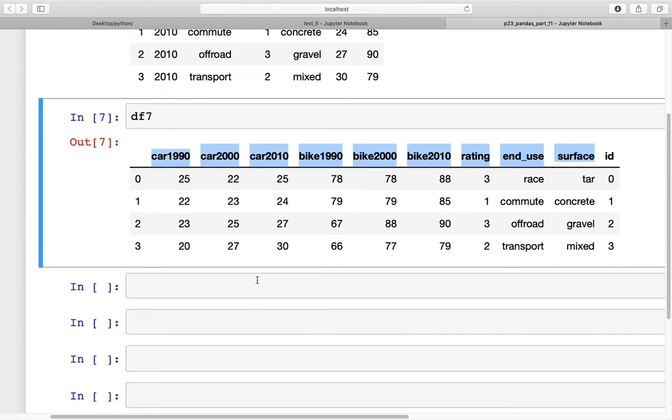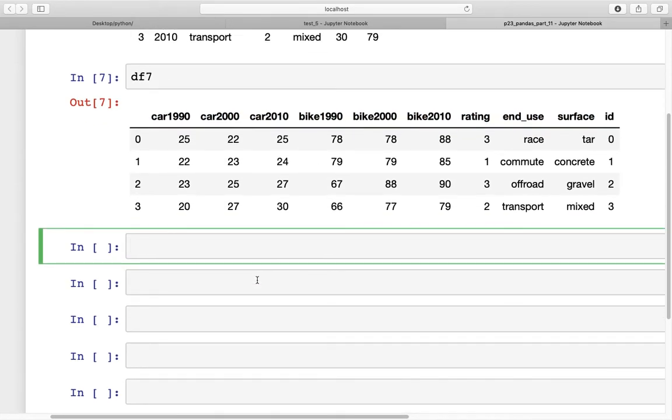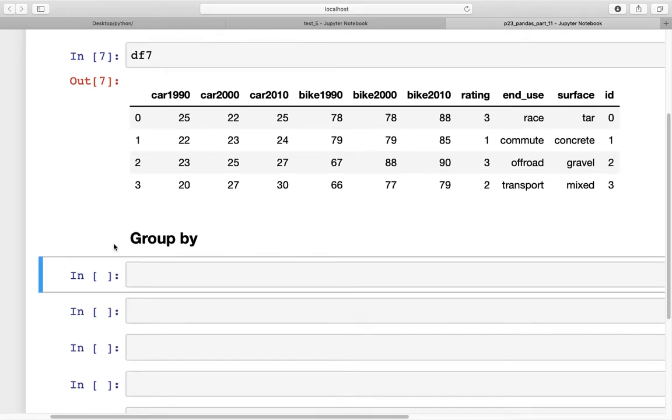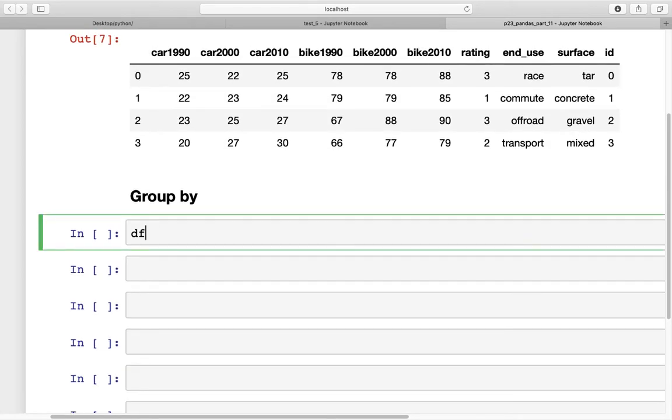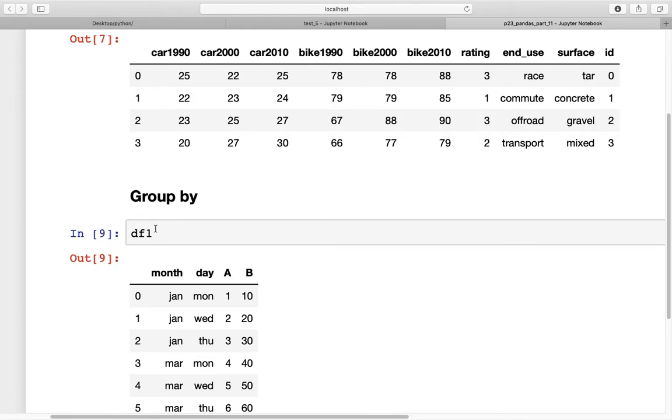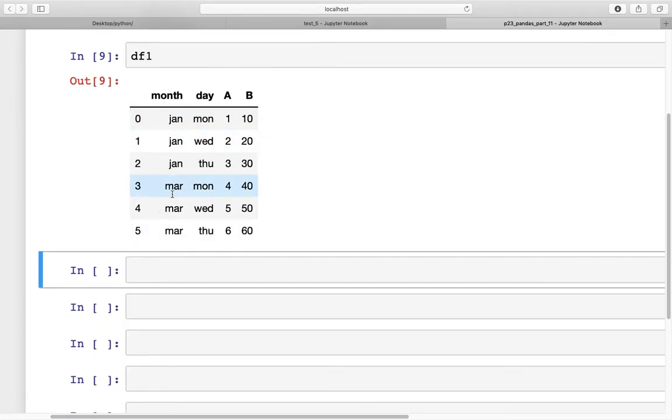Next, let's look at an interesting topic, which is group by, and this is something that I've used on a regular basis. The simplest group by is to get a sum or get a mean based on a data set. So here we have this data frame, and if you are trying to get a sum of all the values for A for each of those months, then what we can do is type